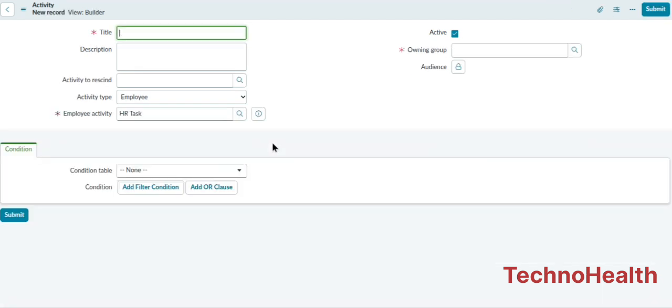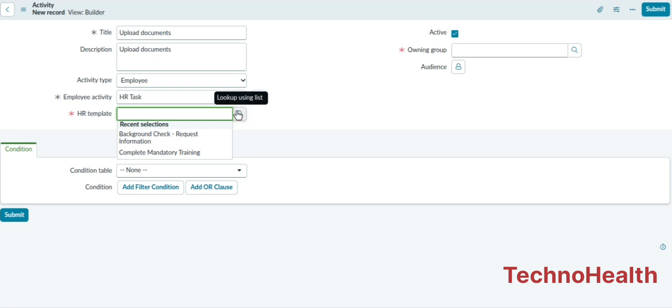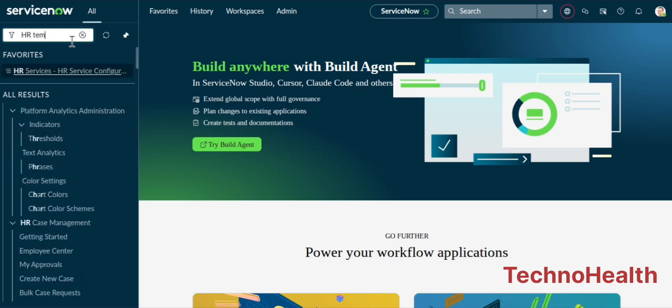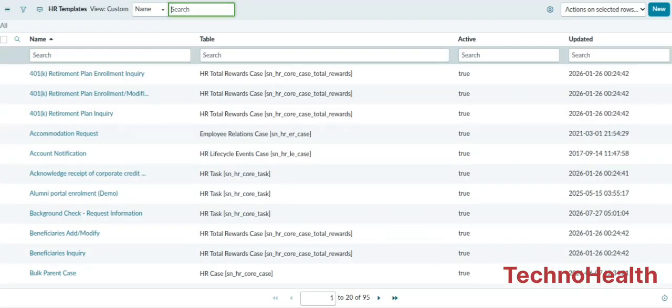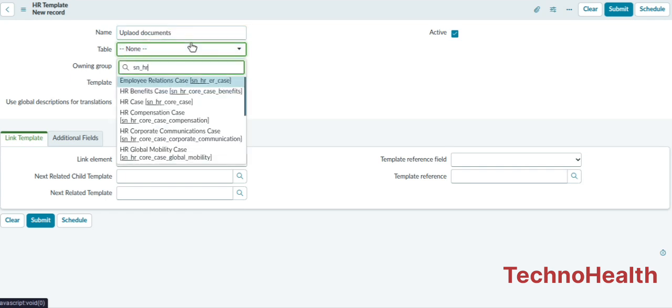After complete mandatory training, upload documents. Upload documents, and HR template is... okay. We did not create the HR template, we just created the catalog item. Let's go back to the left navigator and we'll create one template. Again the name will be upload documents. Table is again the HR LE case table. Okay,